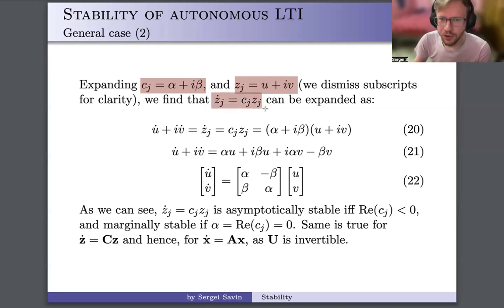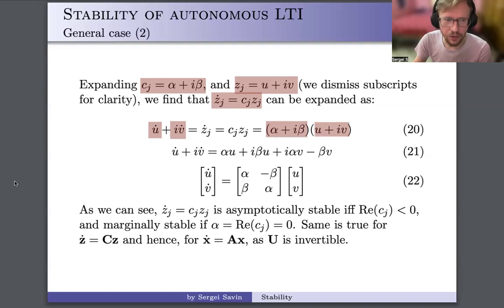Now let us compute what this would be. Well, Z sub j, when we substitute those values, it would be equal to u dot plus i v dot, right? That's Z dot,